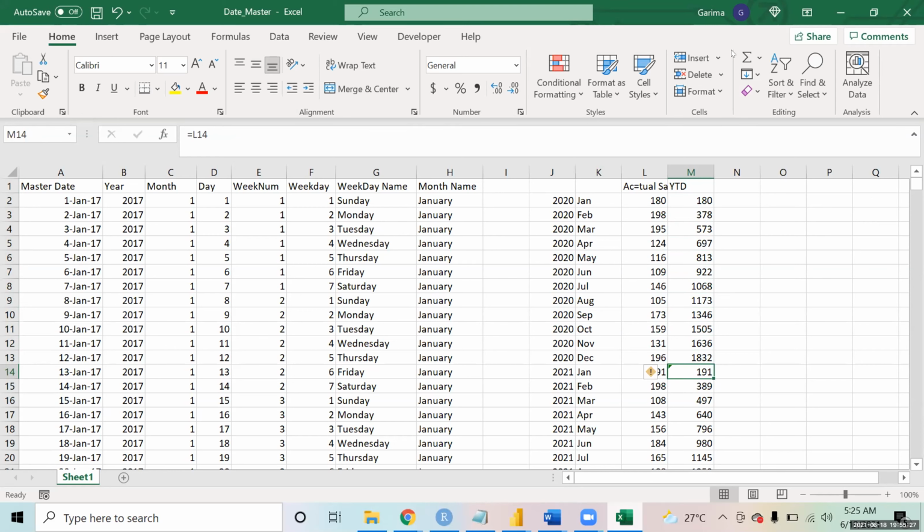Yeah, Deepa. So it's like a running total, but just a pointer: as the year changes, it will restart. When the next year starts, it starts re-adding the numbers. So it adds for one year only. For example, if this is 2020, after 2021 the addition starts again. Next year it will start from January and it will add on for that year. Okay.